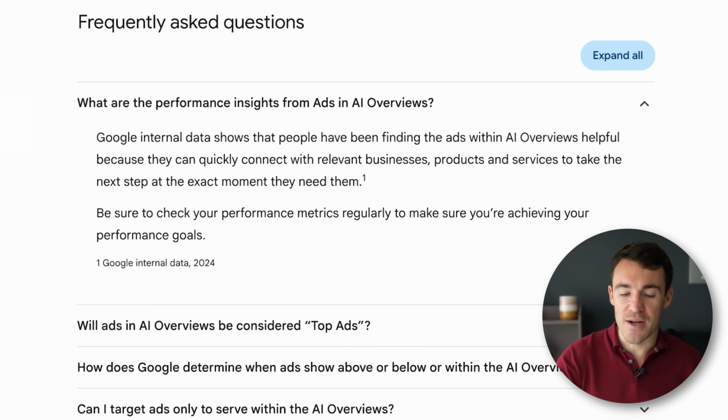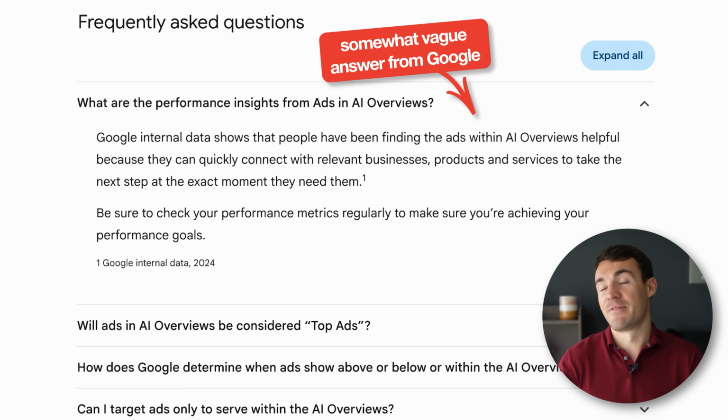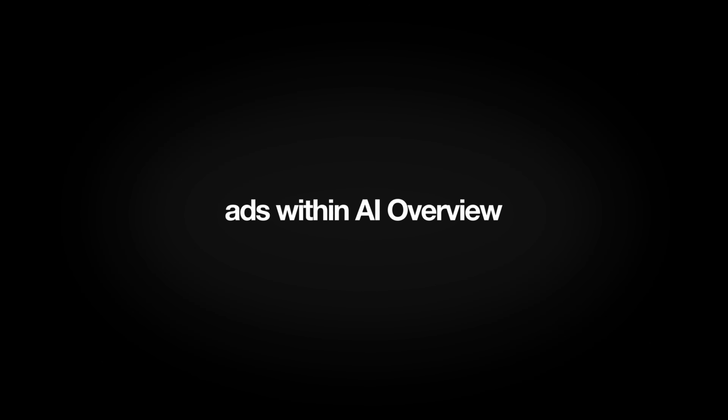Well, unfortunately, Google just kind of gives us some fluff around people are finding them useful, not really any info for advertisers, no concrete data to report in terms of performance. But I think we can safely say, given what we know about Google ads, that ads within AI overviews are going to be a big deal. And I would expect that to represent a larger and larger share of your overall Google ads budget, particularly of your Google search ads budget or Google shopping ads budget. So yeah, we don't know yet, basically, is what I want to quickly highlight there,